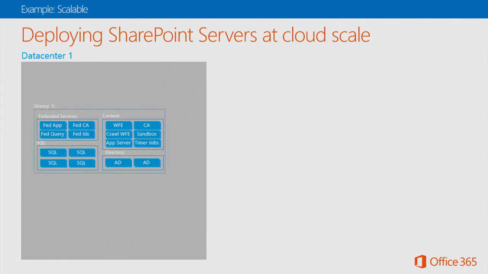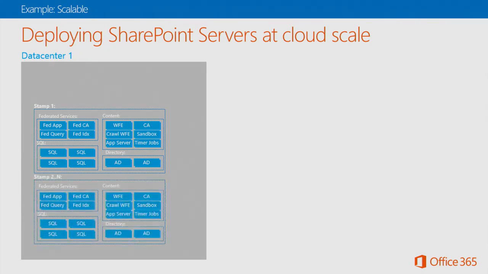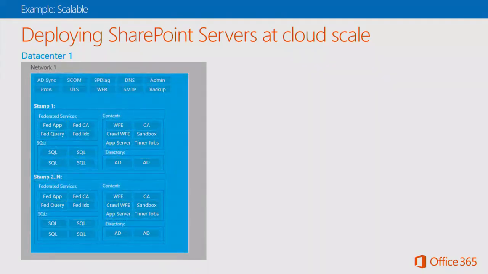And from a Microsoft perspective, we build the same farms. We build the same farms and we call them a stamp. And 250,000 users go on this. And then we continue to build that stamp out within the network. And we have redundant stamps within the same data center. And then as you look at how we build through from a network perspective, you then just start replicating those stamps out. You start building more infrastructure. And these are all virtualized, and it just keeps running. And if one of these goes down, the rest of them take up the load.